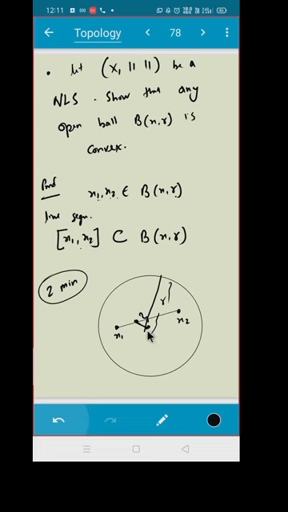So Shreyas, first we would like to calculate d of x comma y. Your x is here, this is your center x. And y is any point on this line. So I am taking this y. I have to find this distance actually. I have to say this distance is less than r. This small part is what I am supposed to show is less than r.